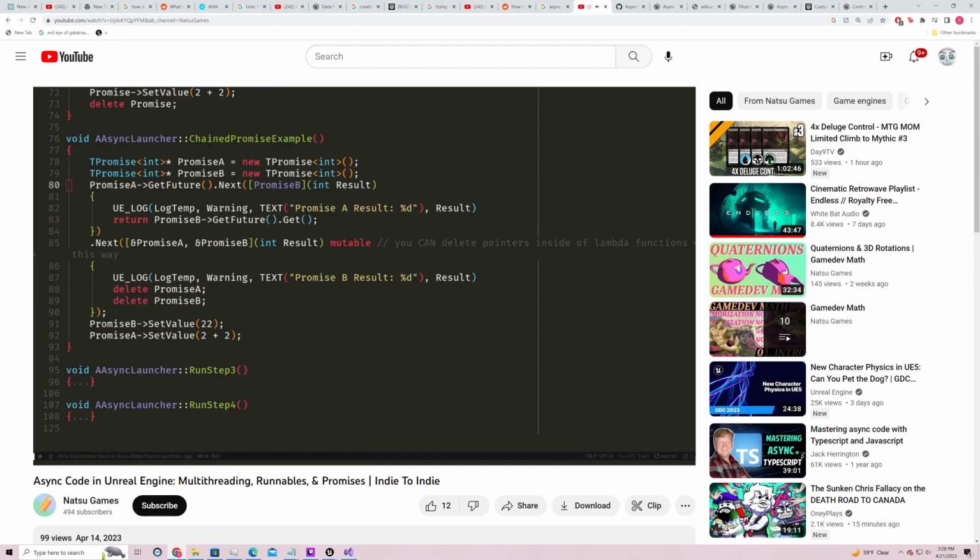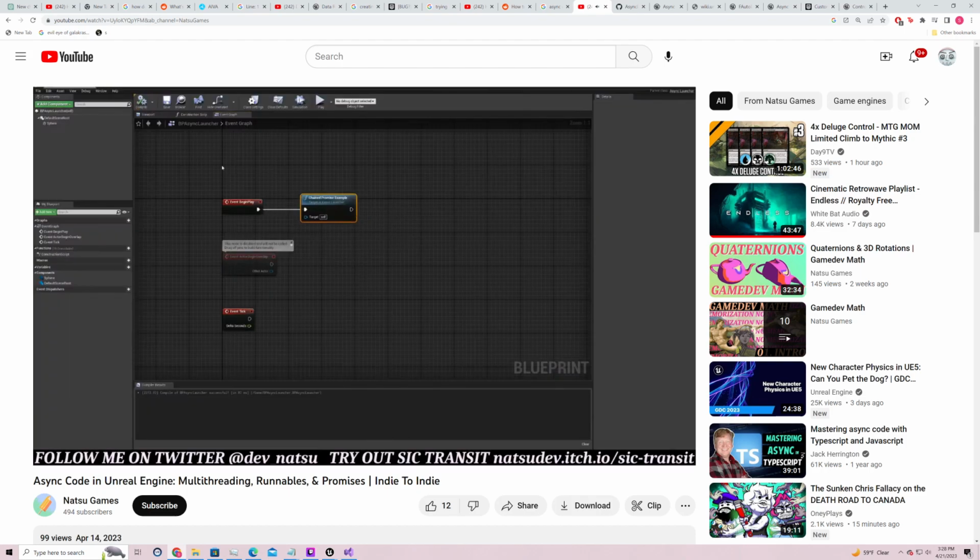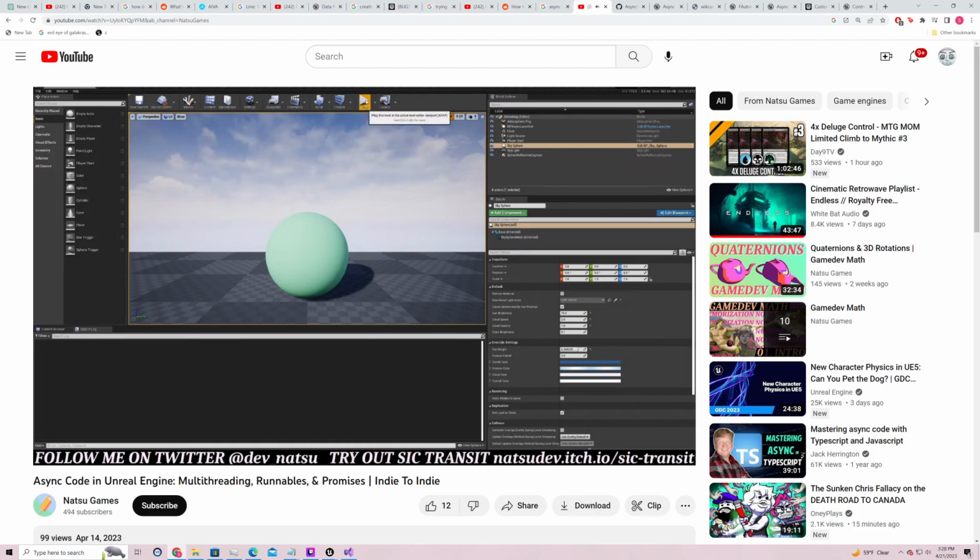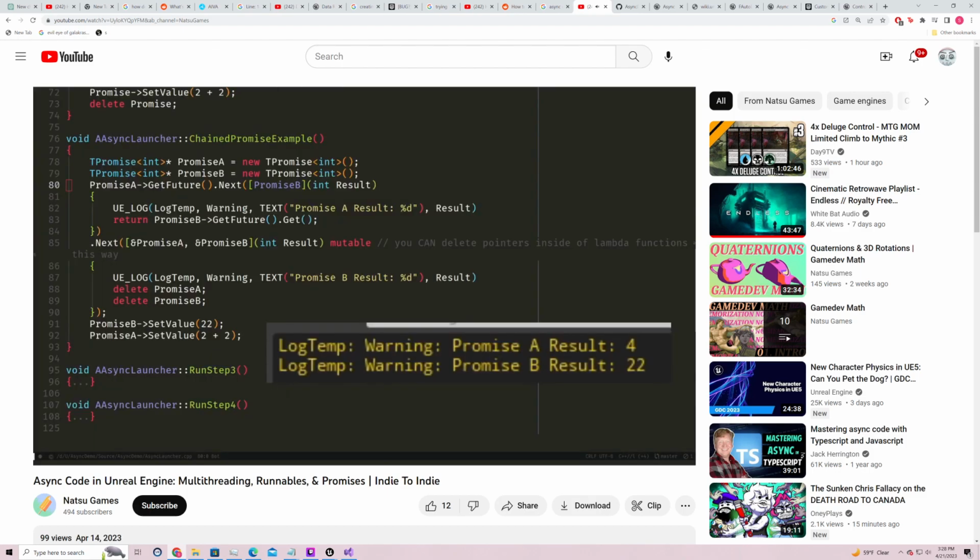The advantage of promises over callbacks is that I can chain these continuations without nesting them, so everything stays more easily readable. But again, not as nice as JavaScript. And for this example, it's important to note that even though I set the value of promise B before promise A, the result of promise A is still printed before promise B's result. So chained promises are good to use when you are waiting for the result of more than one asynchronous thing or want execution to happen a fixed way regardless of resolution order.